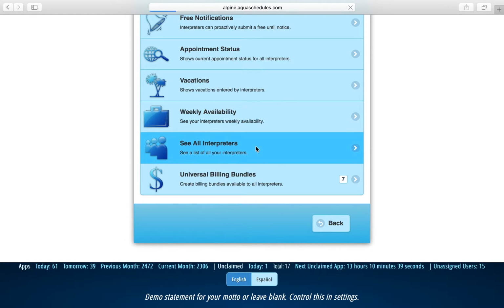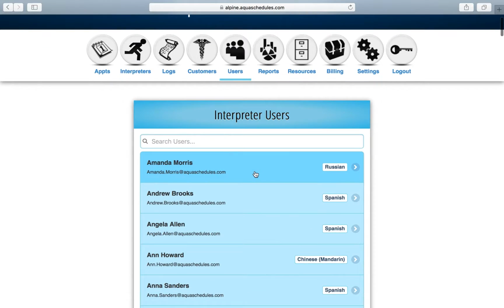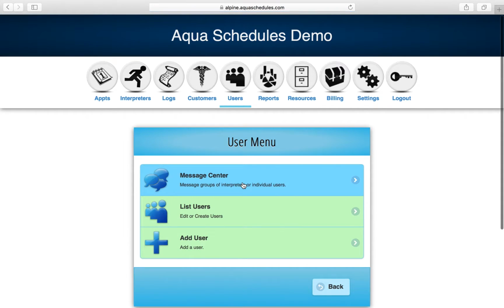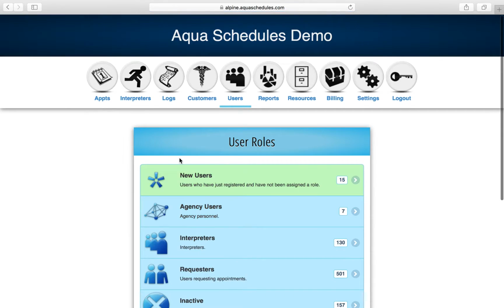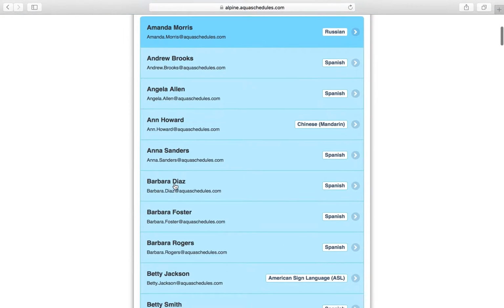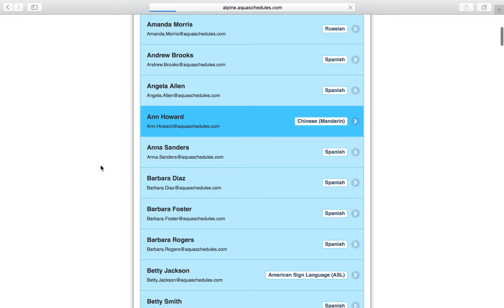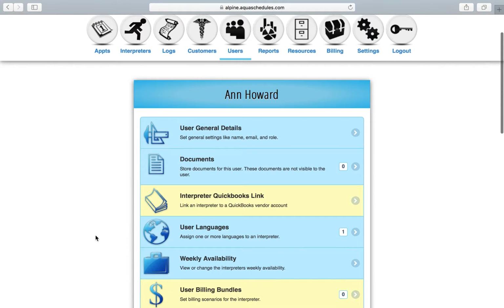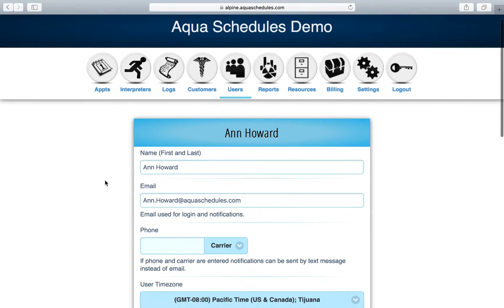Here we can quickly see all of the interpreters. This is the same area as what you would find here in users, and we'll get to that later. But this is a list of all your interpreters, and so if you clicked on one of these interpreters, you'd get to a control panel where you can manage their particular account. You can change details like their name. By going into this, you can help them